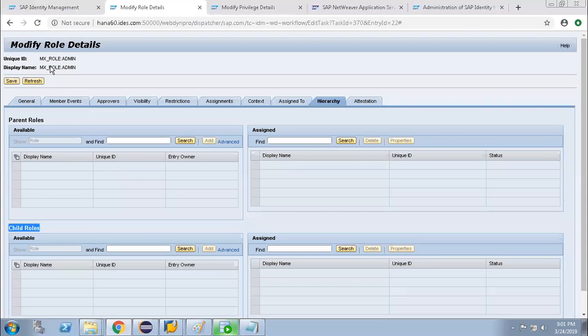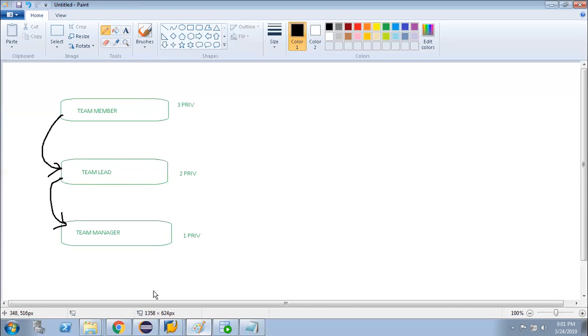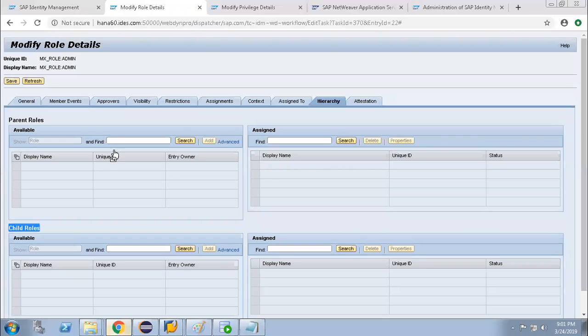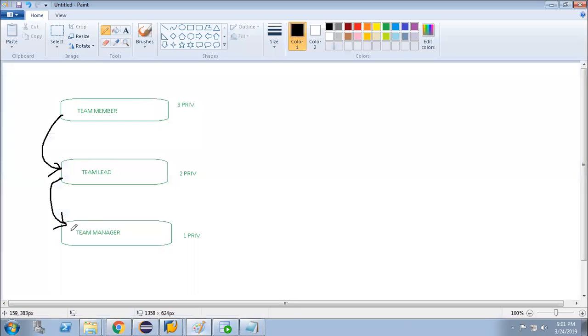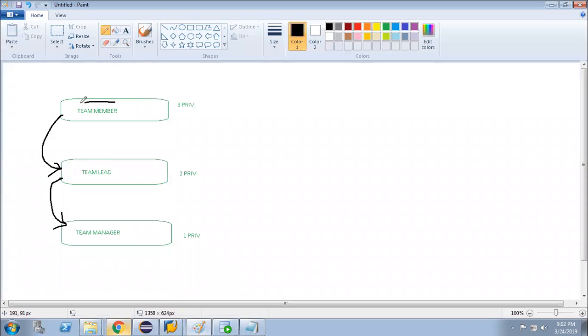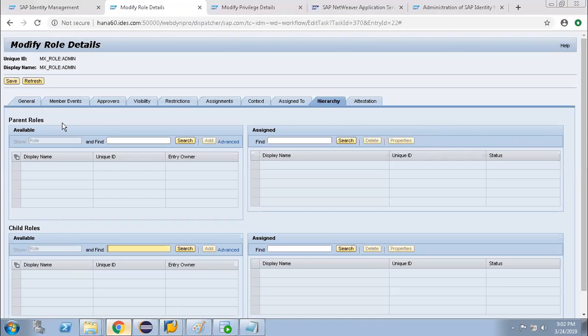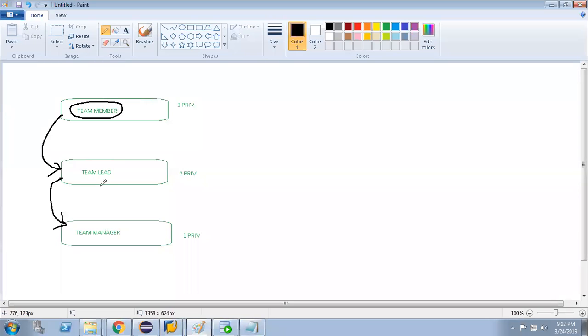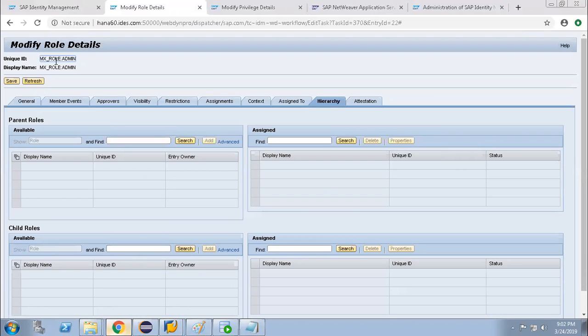In the child role section, I can add the team member role, so that whenever I assign this role to any user, automatically this team member role, as it is the child role of the team lead role, will be assigned, but not the parent role.